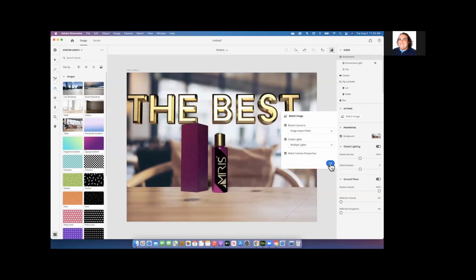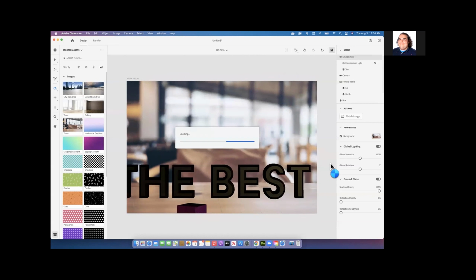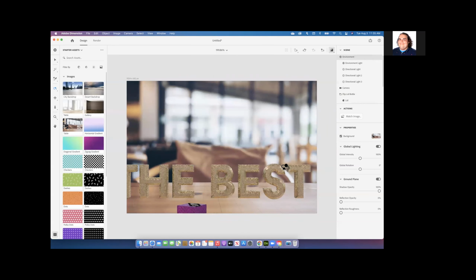Let's try it out. So I'm going to go ahead and hit OK here. Let's have it match the image. It's going to analyze the image, try and find where it feels the vertical plane or horizontal plane is, and place this on this object for us. Can take a moment to do. But once it's done,